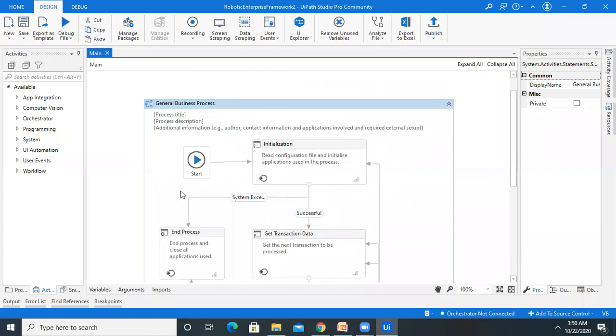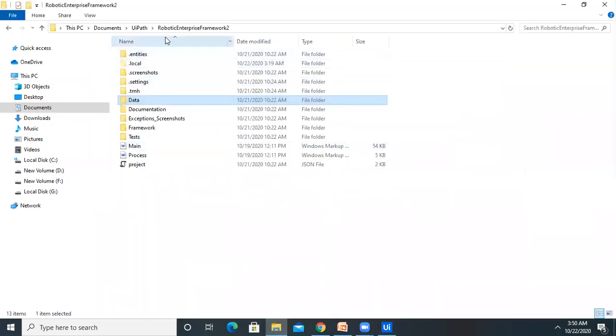Once you create this project, it will create a folder structure, or this is my folder structure of the RE framework. You can find it normally in Documents, but it's totally up to you where you have installed your UiPath. Over there, you can select the project which you have created for the RE framework. Once you select this, you are able to see these folder structures.